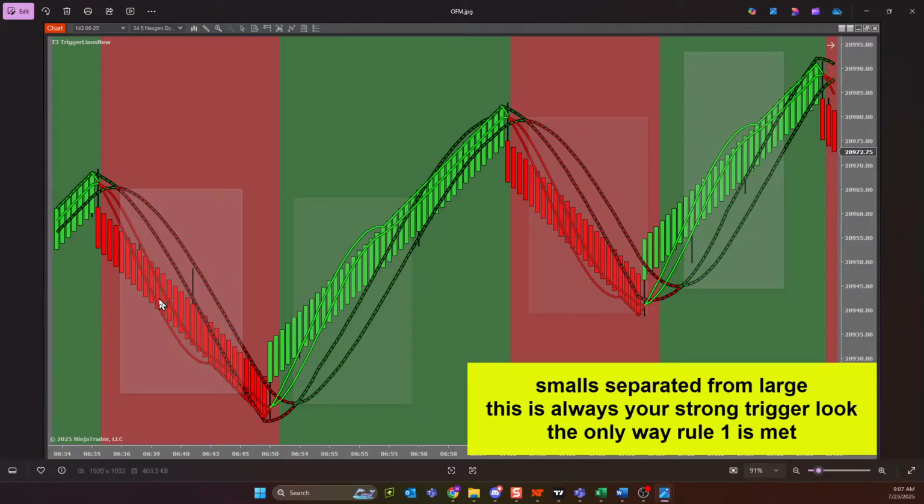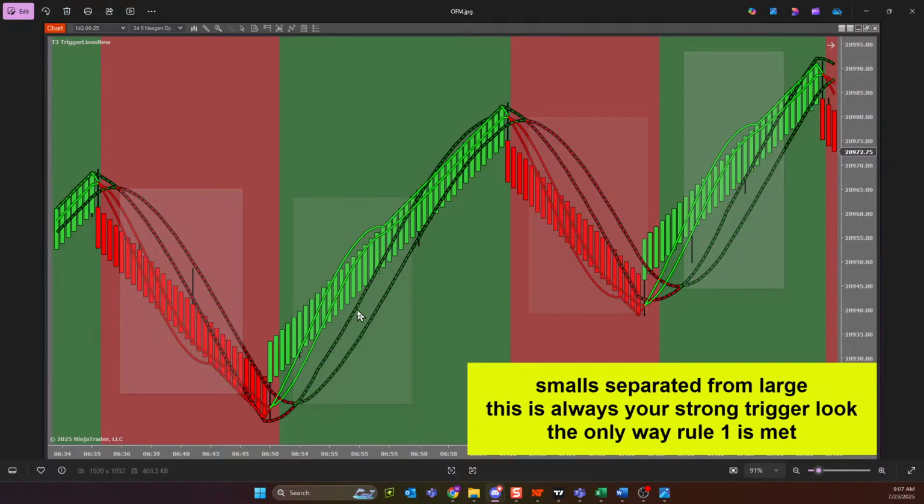When your smalls separate from the large, when everything is in the same direction, that gap lets me know that the odds are favorable for the market to continue down. When the smalls are above the large and that gap is present, guys, this is your first advantage of momentum. When you have momentum, the odds are favorable for the market to continue. When you have momentum, it's what we're looking for to break key areas, guys.